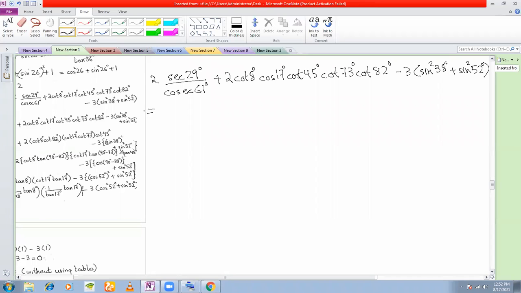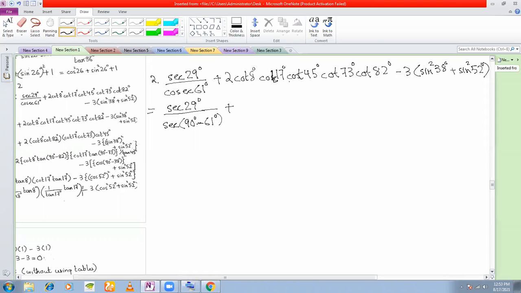Okay, so what will I do? So look at the first one, sec by cosec. You know sec can be changed to cosec, right? So change either sec to cosec or cosec to sec. So let us change cosec to sec. Can be written as sec 90° minus 61°. Right? And here you see there are how many, all these are cot. Now see how many cots are there?